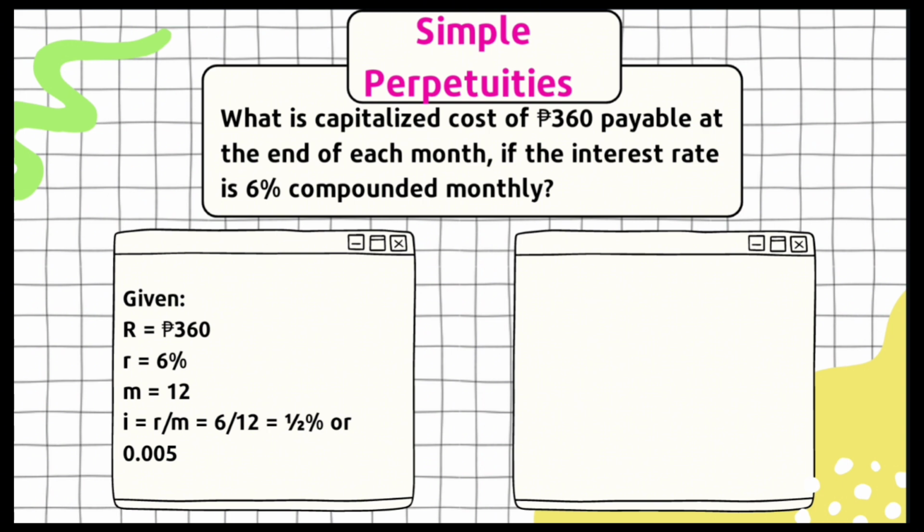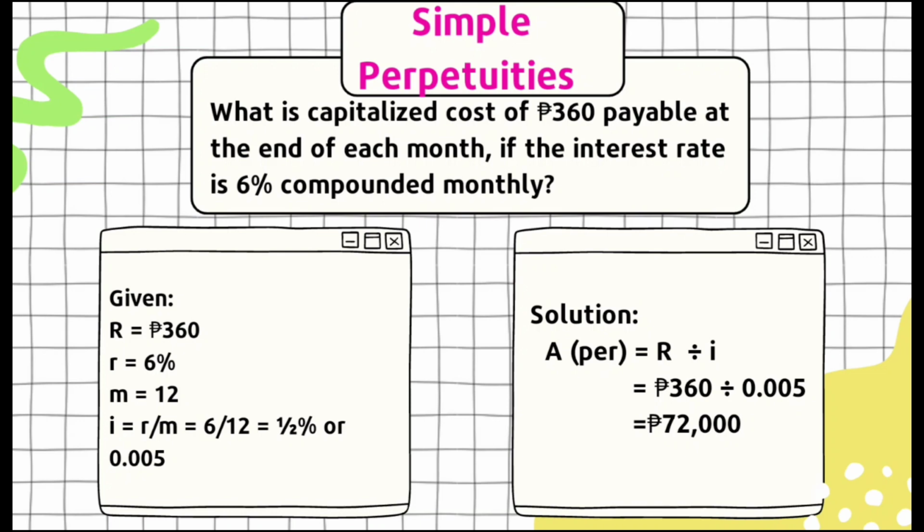0.005. So the formula we will use is A is equal to R divided by i. Then substitute the value of R and i, which is 360 pesos and 0.005. Then divide, and the final answer is